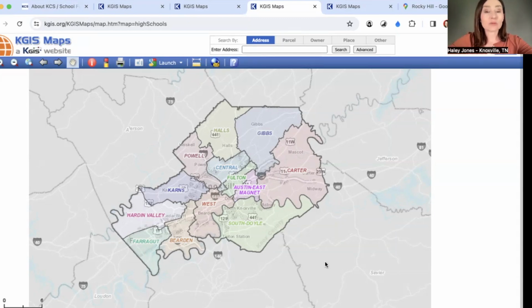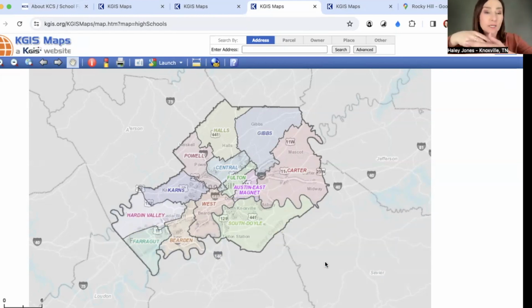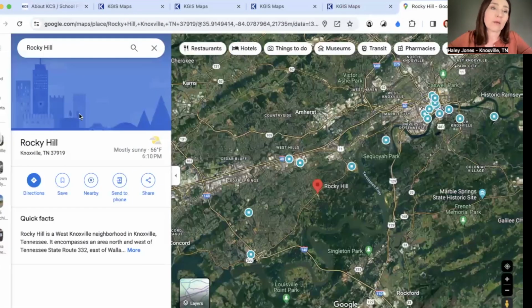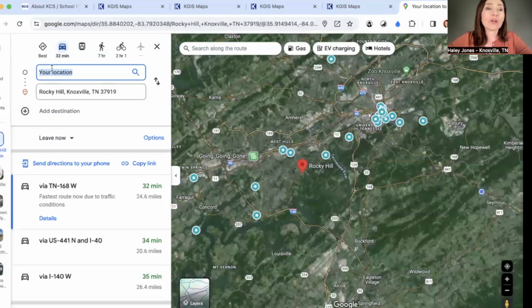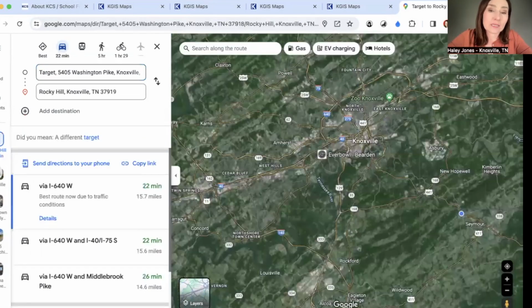So anyways, I hope this has been helpful. The whole goal is to give you a better idea of how to identify areas of Knoxville. And once you start finding areas, then you can start thinking, okay, what's in that area? What would I look for? If you're thinking Rocky Hill, okay, what's in Rocky Hill? I want to know how far Rocky Hill is from Target. So I'm going to put Target in, and it's going to tell me,